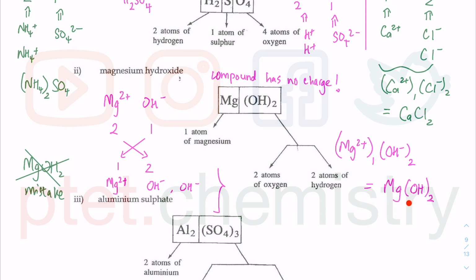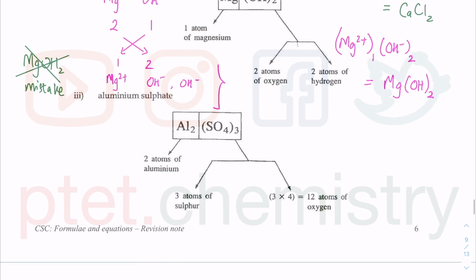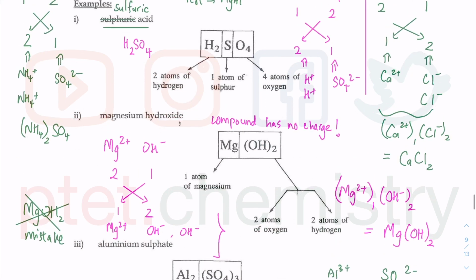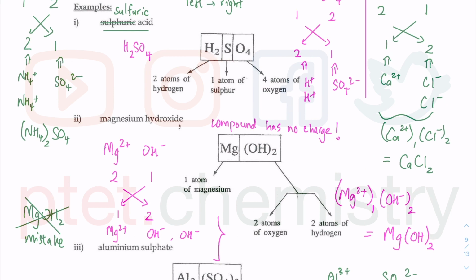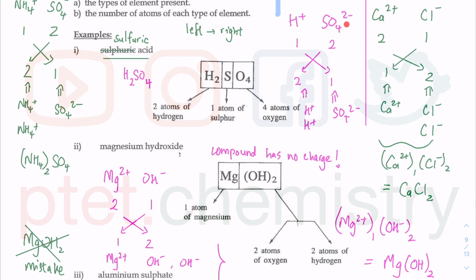So you need to keep an eye out for this use of bracket and to know how to read from left to right correctly. Last but not least, something which looks complicated and scary, but it doesn't need to be: aluminium sulfate. Sulfate is SO4 minus, as you could see, and relates to sulfuric acid, which also contains SO4 minus, but then